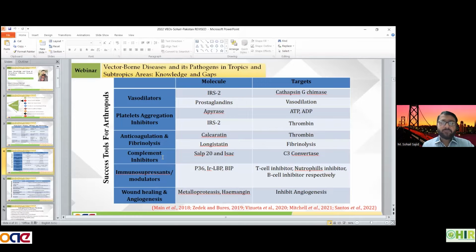When we talk about mosquitoes, they do not feed for a long time. We all know about it. But for ticks, it is quite interesting that they are happily feeding for a period of around 10 to 15 days. They stick on the body of the host, and all this success is due to these tools which allow the tick prolonged attachment with their host.